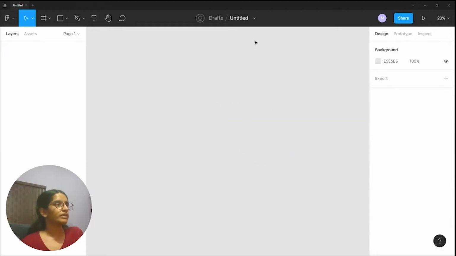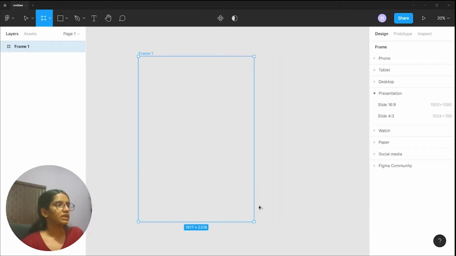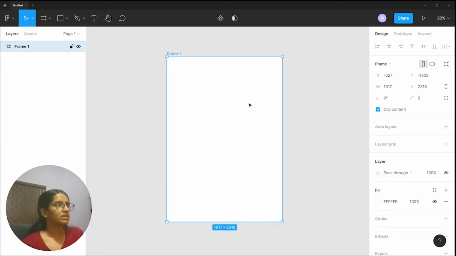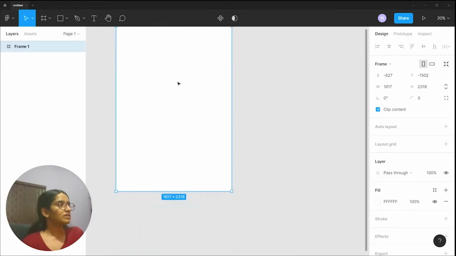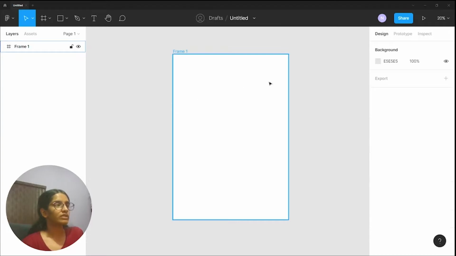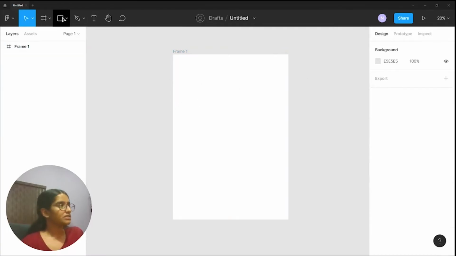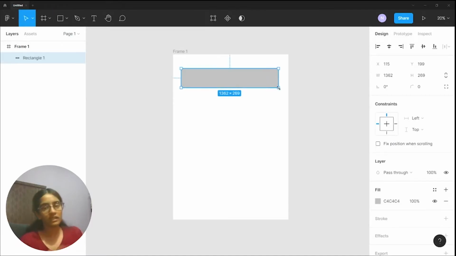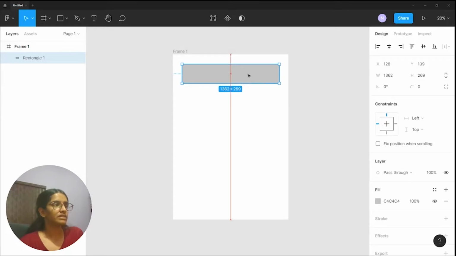All right. So I'm going to head over to my tools bar and select a frame from the drop down and just have it over here. So right now you can see a frame appears in my layers panel. I'm just going to quickly add in a rectangle inside it. So let's head over to the tools bar and select R. Again, all these tools and shapes have hotkeys. So you can either get familiarized with the hotkeys so that you can design faster, or head over to your tools bar and select them from the drop down over here every time. That's completely fine. So right now I have this rectangle inside my frame.